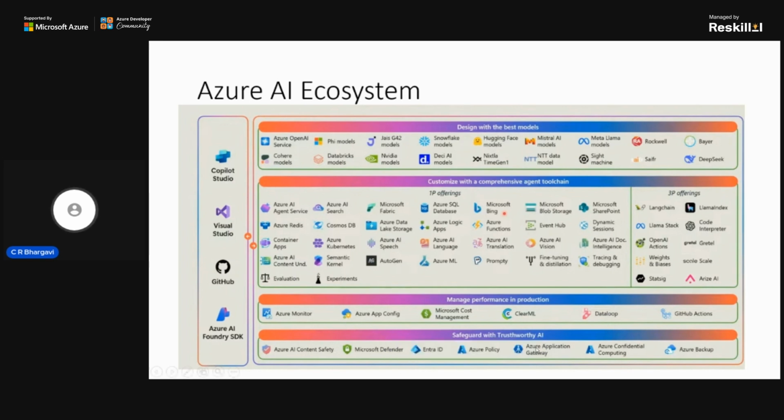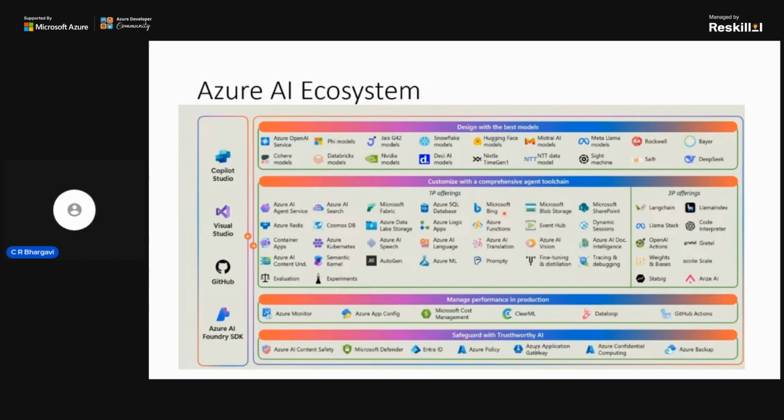You have Azure AI service and then five models as we discussed earlier, like Bayes, and then you have DeepSeek as well. When it comes to the agent tool chain, you have something like Azure AI agent service, AI search, and various other things that are allocated.